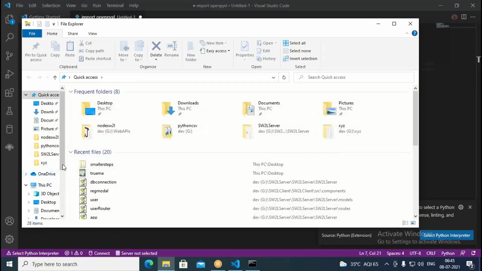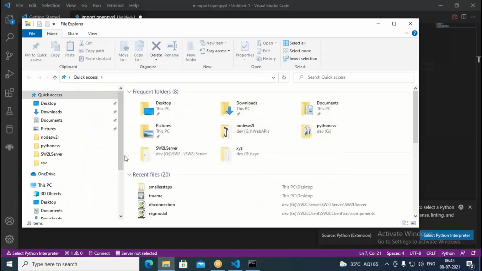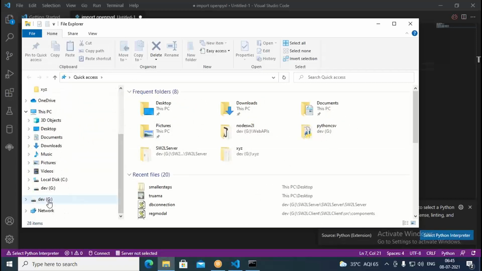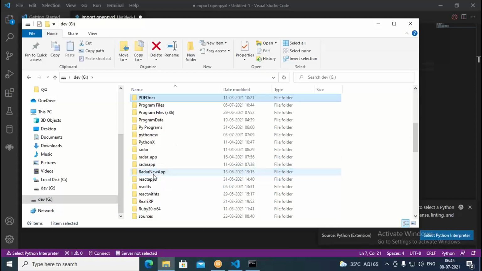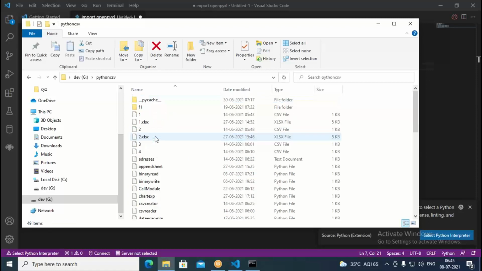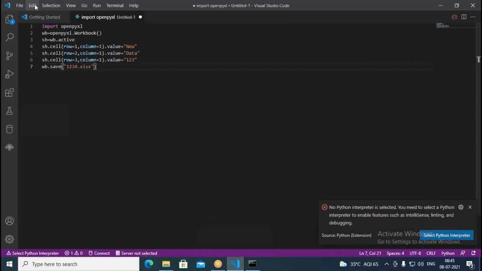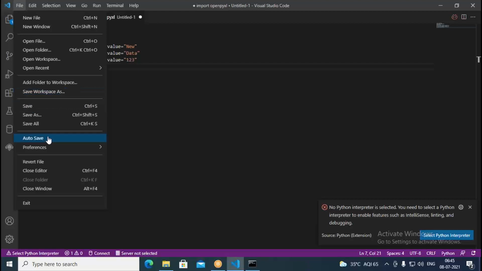If I come to the G drive, the folder where I'm going to save this is Python CSV. So in this folder the file has to be created. We'll see whether it gets created or not. Now come into this part of the code, then say save as.